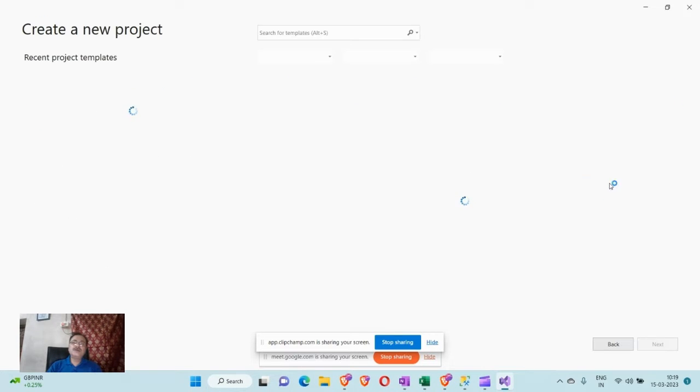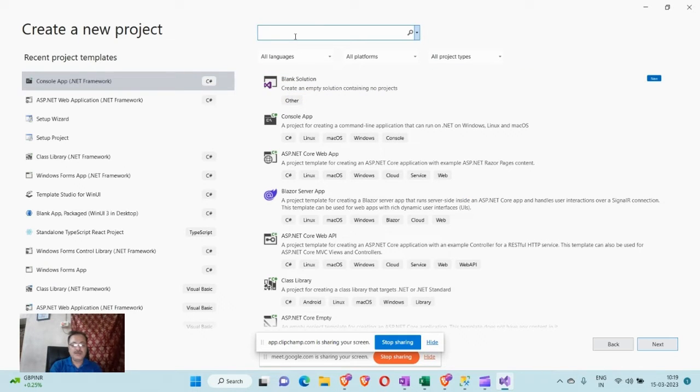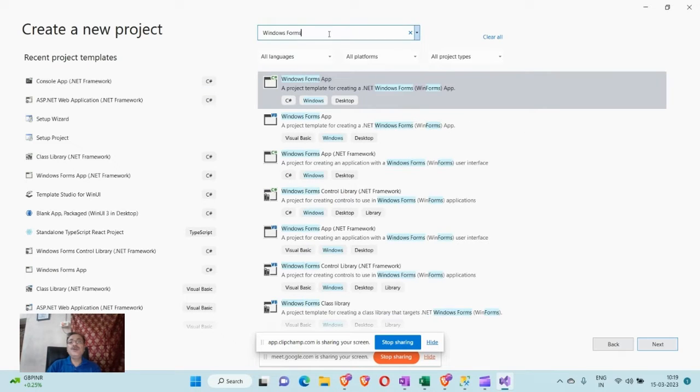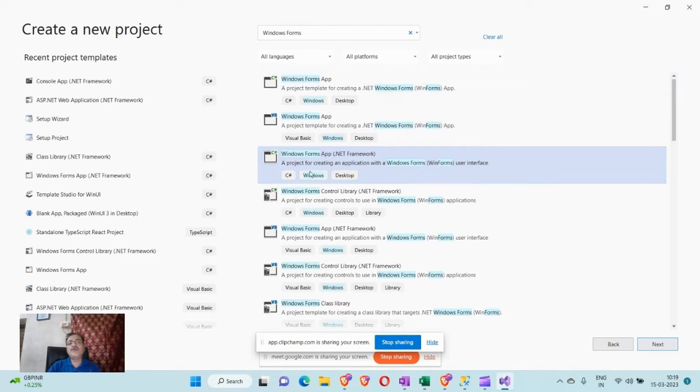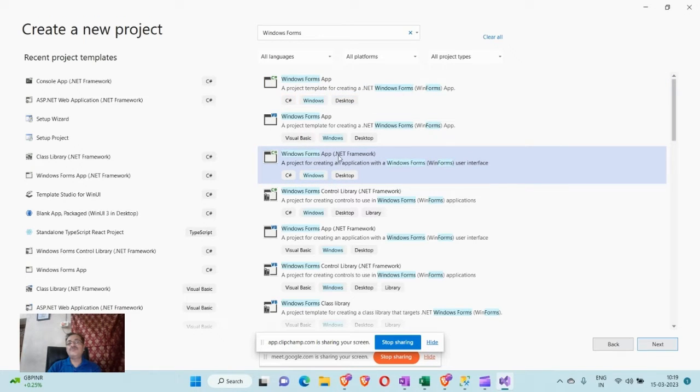Create a new project. I'm going to develop a Windows application. Now in this Windows application, first let me click Windows Forms. You will get Windows Forms app, Windows Forms app .NET Framework. If you take Windows Forms app and not Windows Forms app .NET Framework, then it will create a Windows application